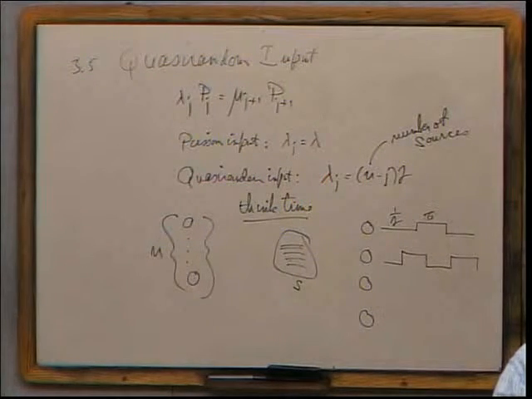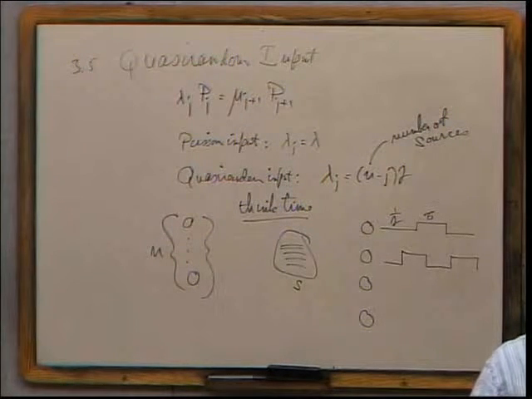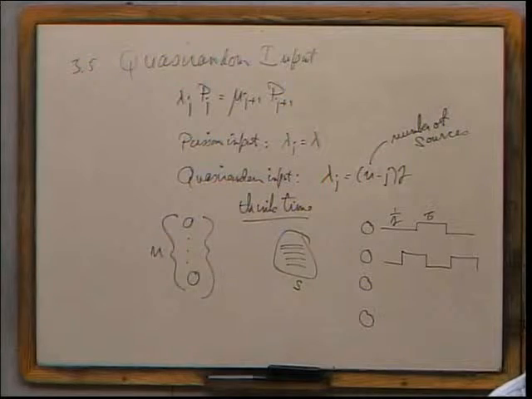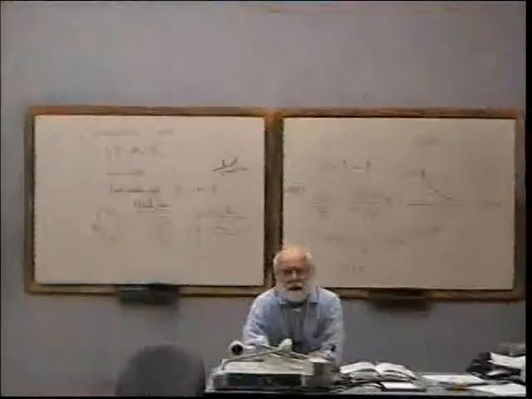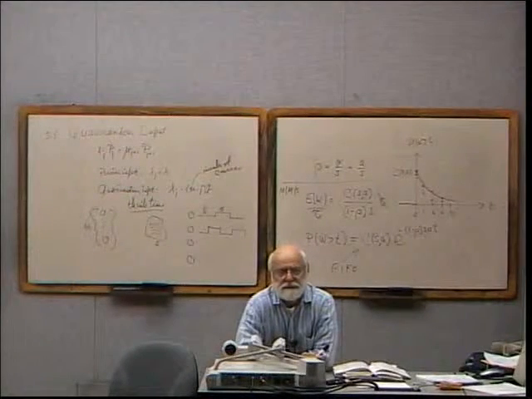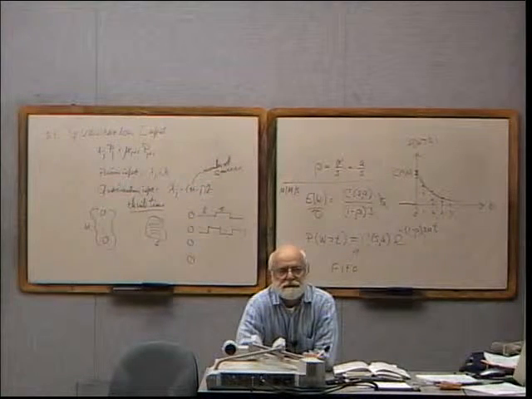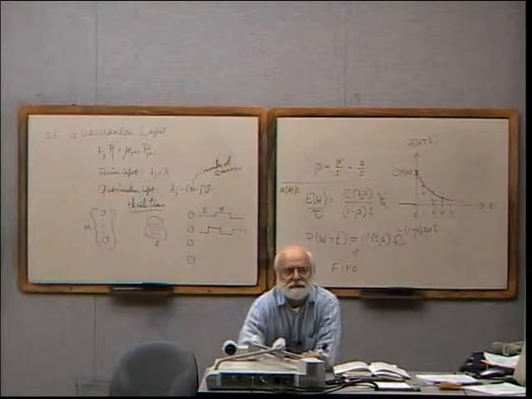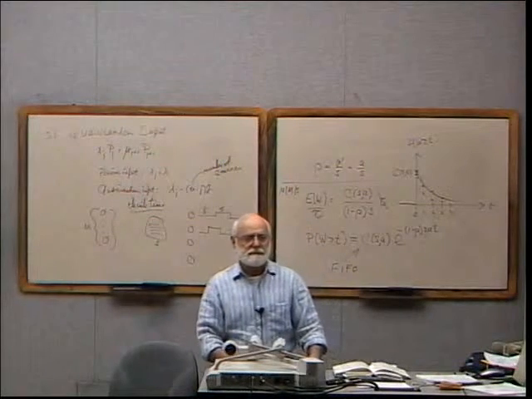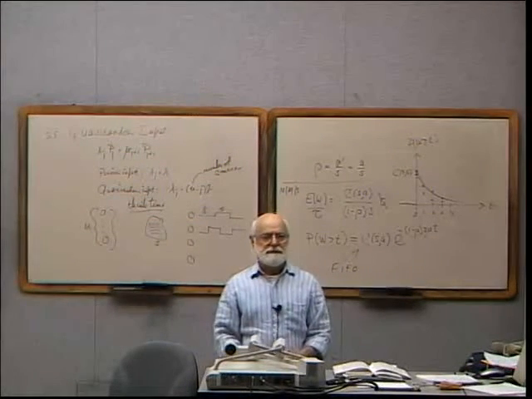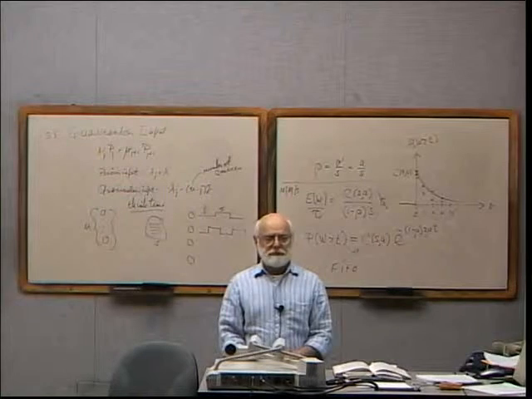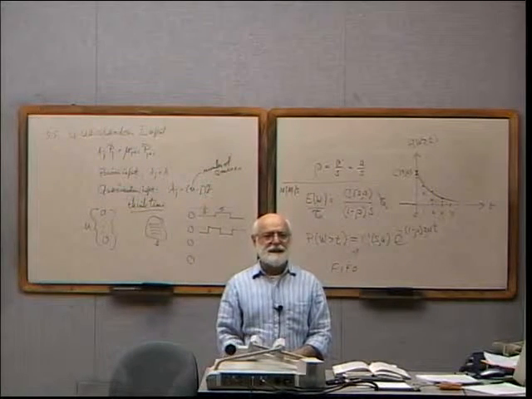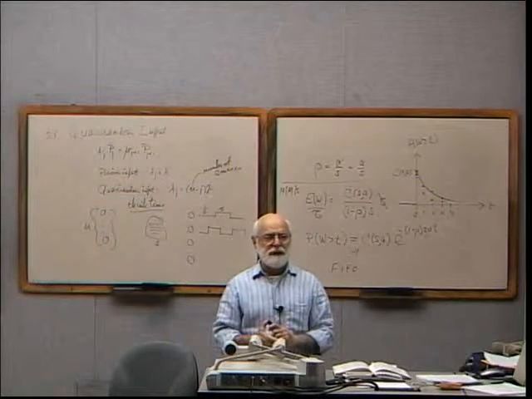So what I'm doing is exactly analogous to what we did before, but now instead of having Poisson input, we have quasi-random input. Yeah, question? Just thinking that sounds a lot like a database system where you've got multiple servers all sharing a database, and with a thick client model, they do most of their computation here. When they need to get information, they reach over, grab it from the database, and then, like you said, enter that state. Yeah, in fact, I think there are probably lots of situations that you could put in that